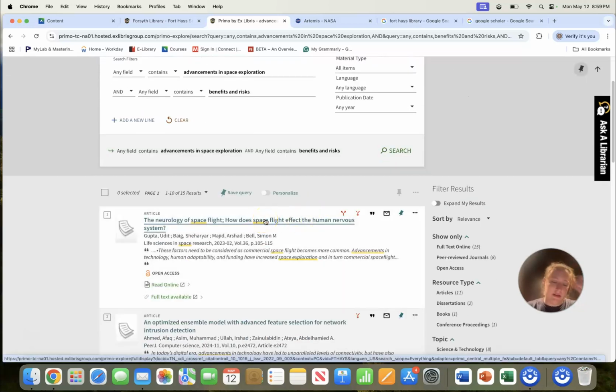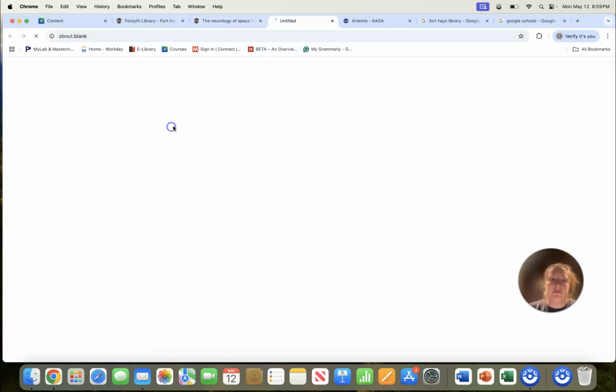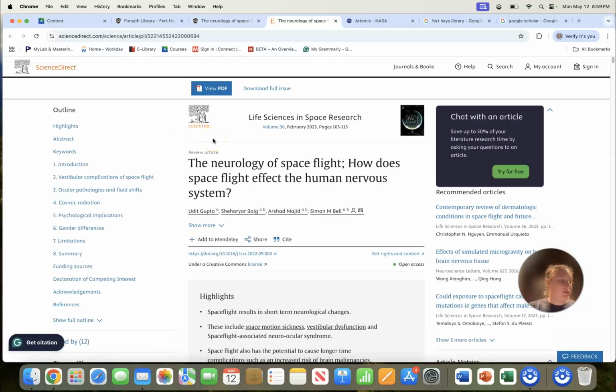I know this isn't always ideal, but after reading through it, I thought this was beneficial to the research. So the reason I chose this one was because with the BEAM, the argument, and exhibit, it offers expert analysis and data on environmental health risks. The CRAAP test, the currency, it's from 2023, so it's very recent. Relevance directly relates to environmental risk in space missions, and authority. Authors are affiliated with well-known universities, research groups.